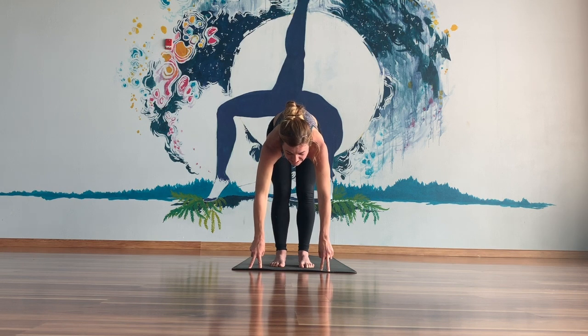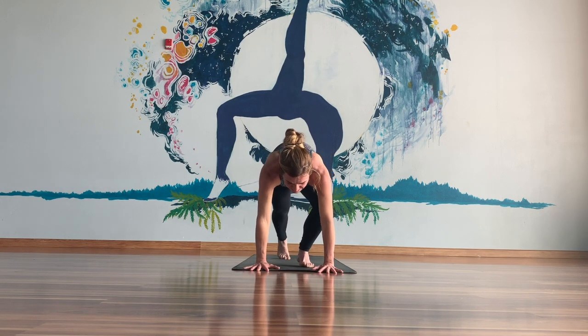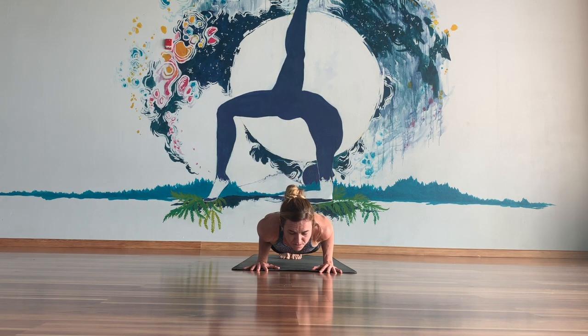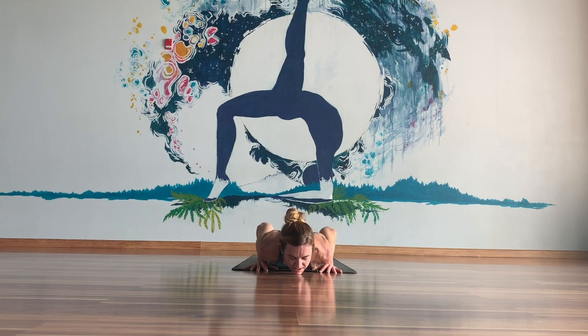As you exhale, step back to plank pose. Take a big breath in, draw your weight slightly forward, really press into the balls of the feet, draw the crown of the head forward, inhale. Exhale, soften down to your belly, squeeze the elbows in towards your sides. Come to the tops of the feet, so root them firmly on the mat, and then start to lift up